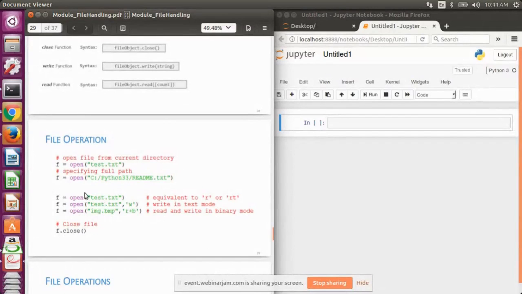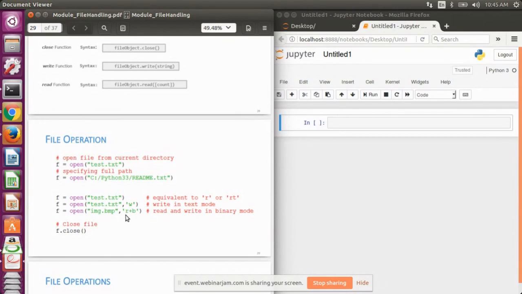So by default, if you simply use the name of the file that you want to read in the open function, then that means you have opened that file in the read mode, or the R mode. If you want to open in the write mode, then you need to specify this second argument, that is W. So this basically means that we want to write into the file.